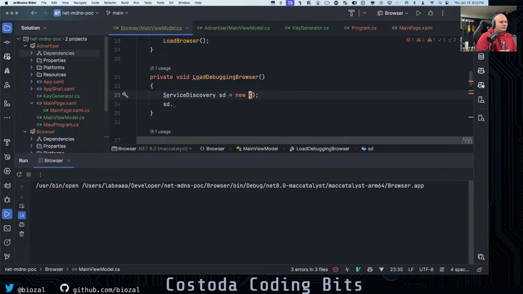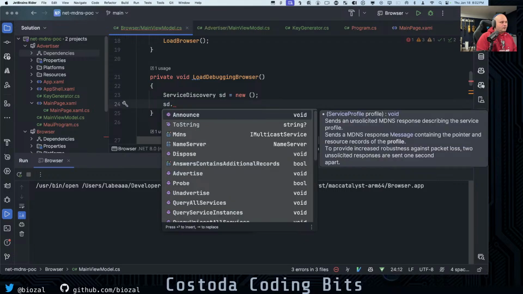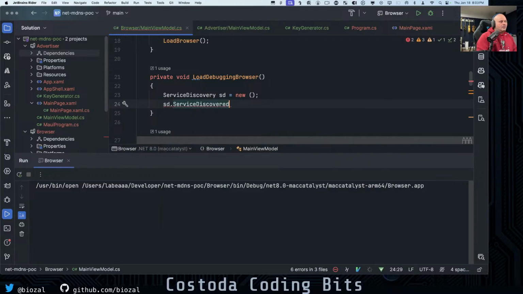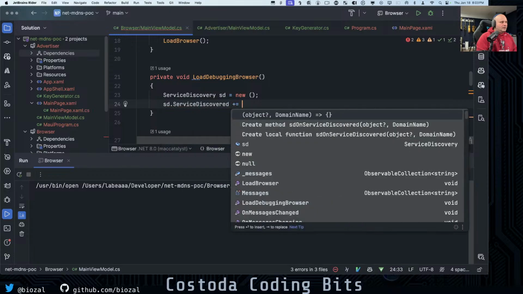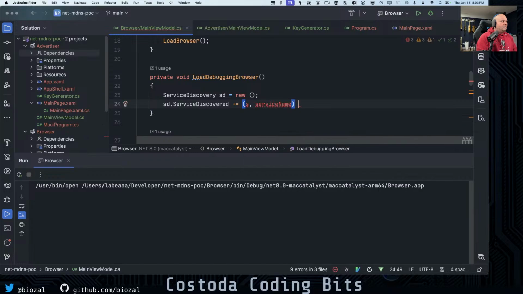This is more readable. People read it left to right. And then what we want to do is discover, right? Service discovered. We want to handle this event. So whenever this event happens, let's get S and then a service name. And then what we want to do is run a lambda that,